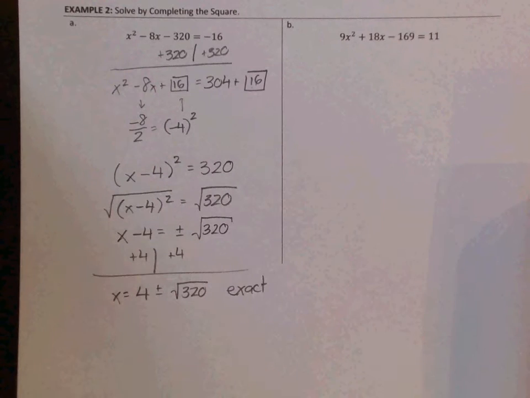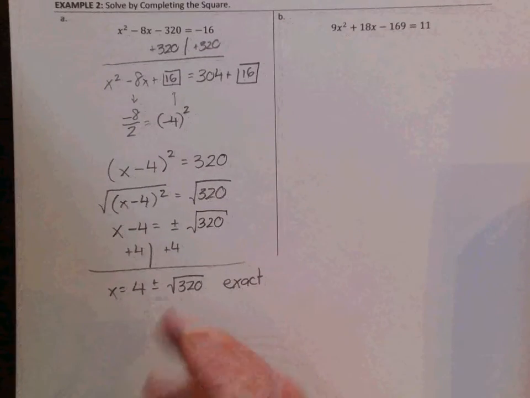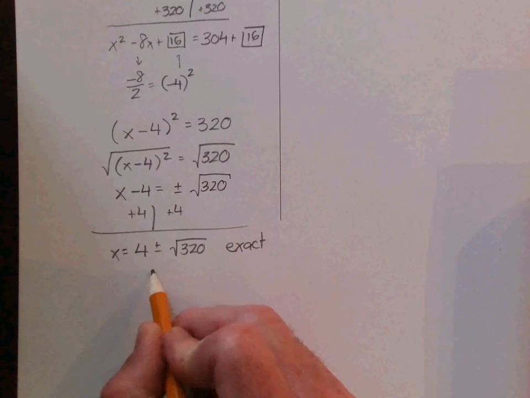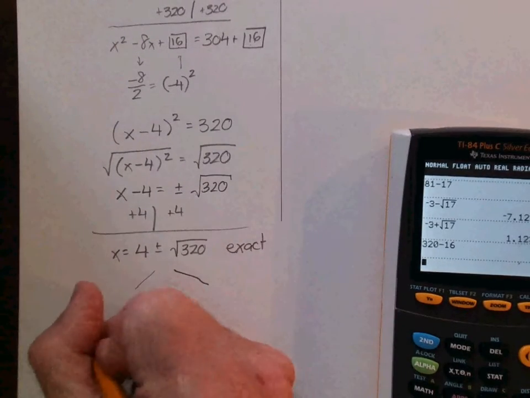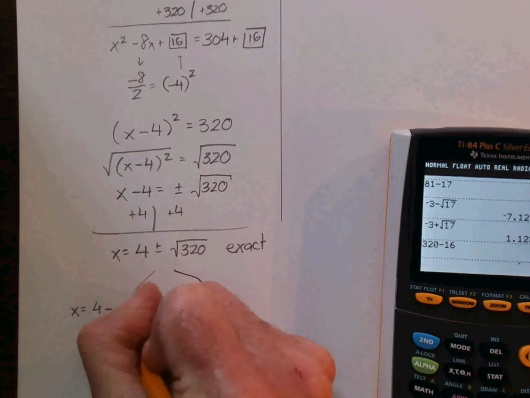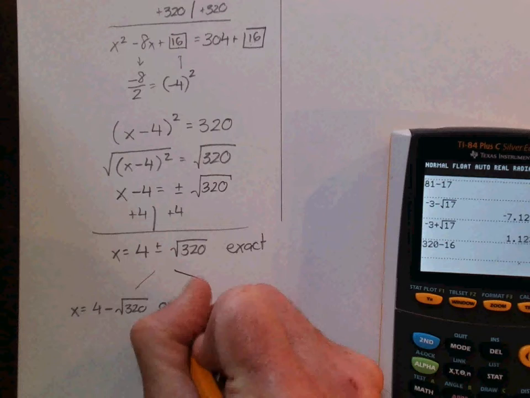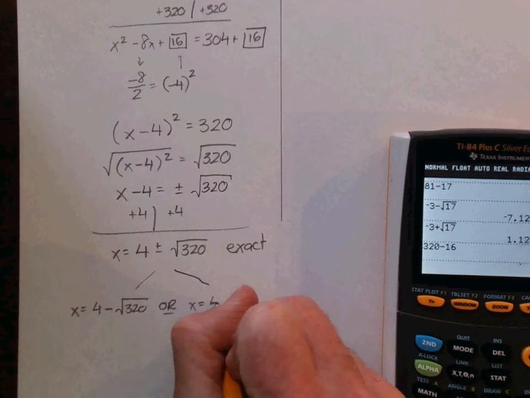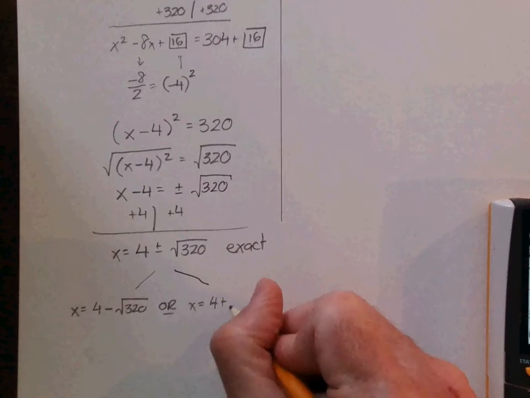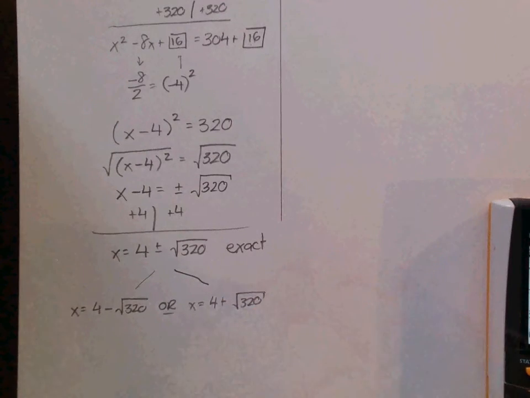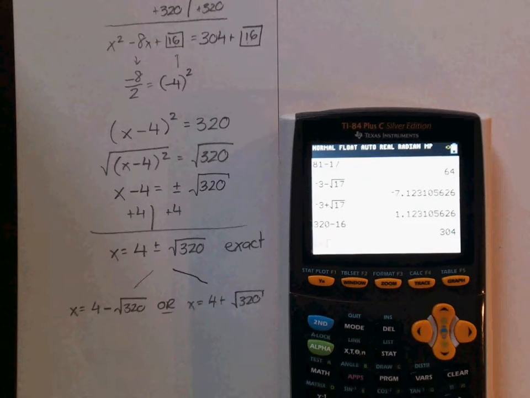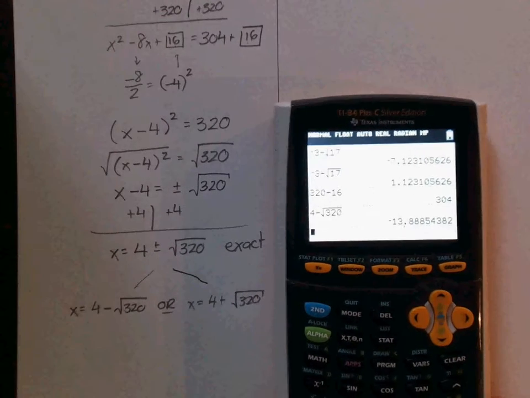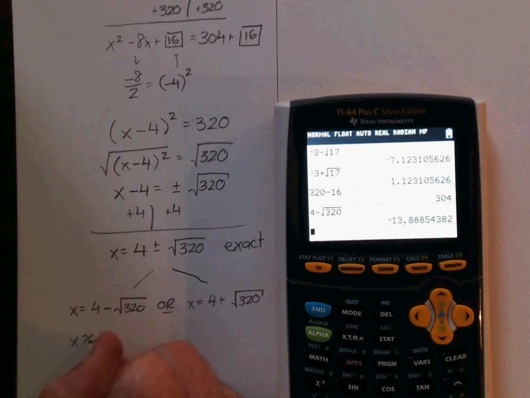Now, something that's going to be important is this is the exact solution, but it's not simplified. But I want to show you how to get the approximate solution, and then I'll go back to this. So here, I want to do x is equal to 4 minus the square root of 320, or x is equal to 4 plus the square root of 320. And now I'm going to use my calculator, do 4 minus the square root of 320, and I'm getting approximately, x is approximately